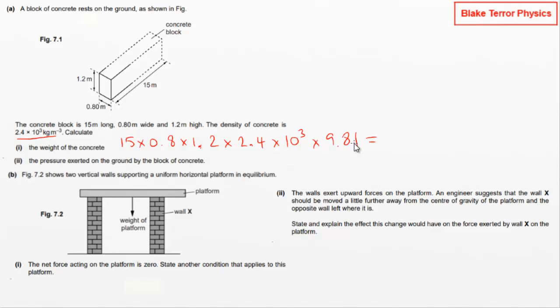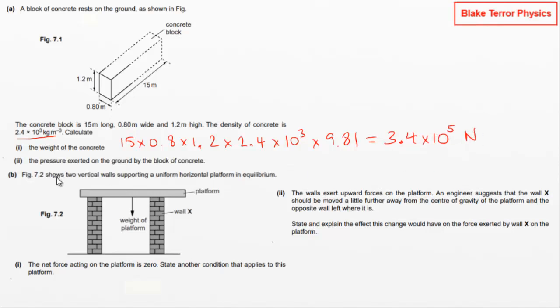So it's quite a lot of things to put in. 2.4 times 15 times 0.8 times 1.2 times 9.81 is 339, so we make that 340, and then I've got the 10 to the 3 as well, so 3.4 times 10 to the 5